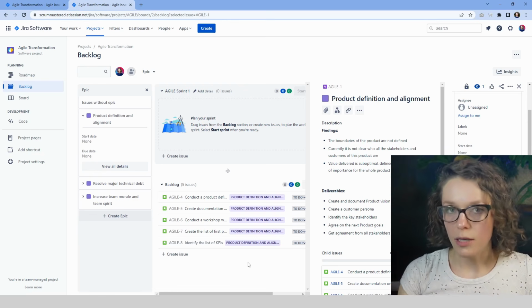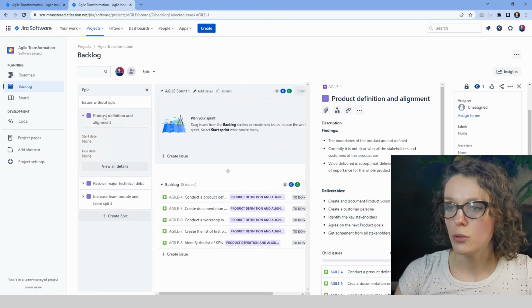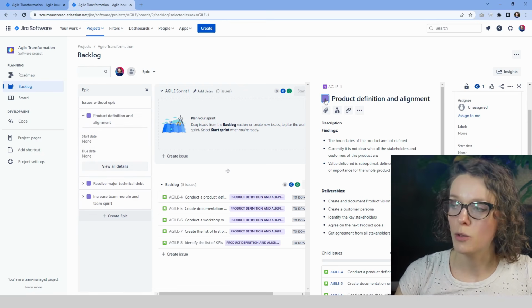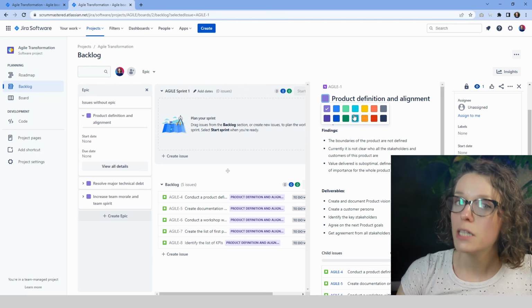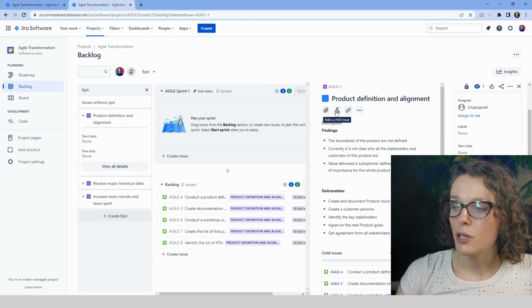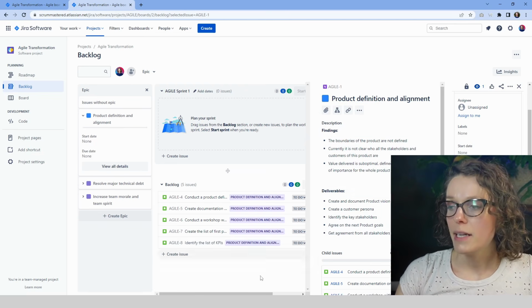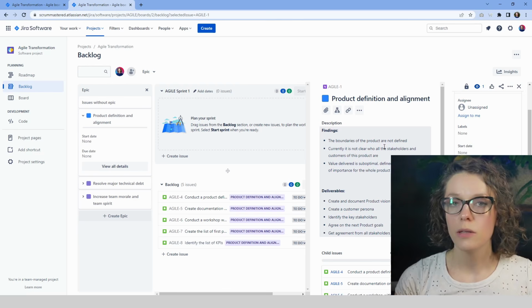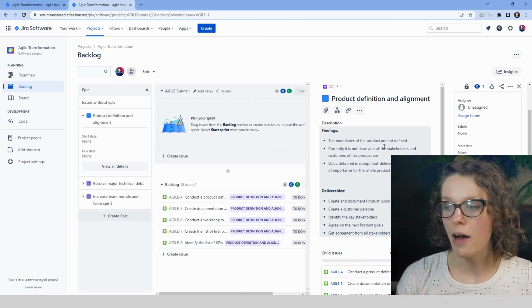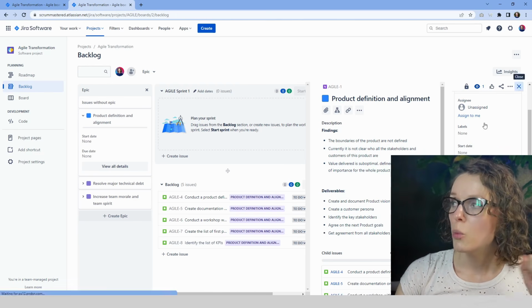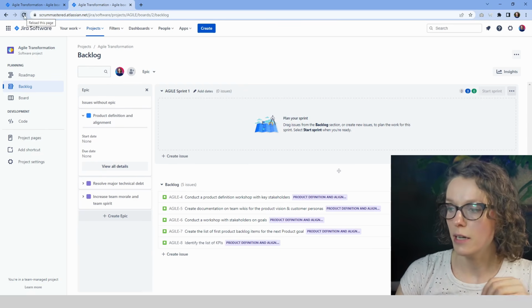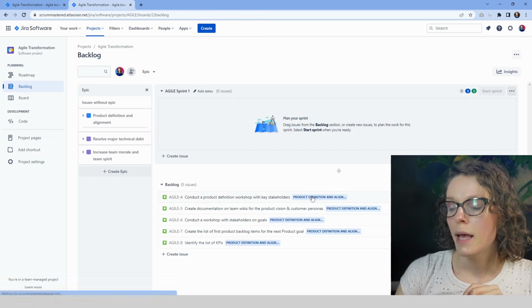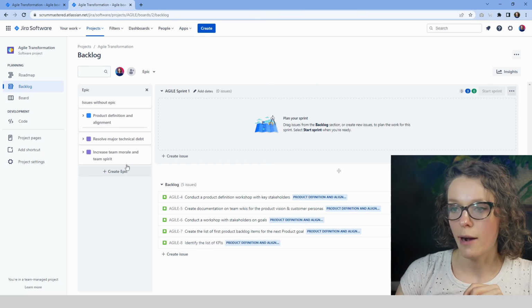Obviously, you can read what's written there, but what you can do if you actually go into the epic, when you click on the square here, so this violet square right next to the name, you can change color. And I find it very useful because that kind of gives you a visual view of everything you have on your product backlog without the need to necessarily read into each detail. So let's refine. And as you can see now, all of them are now blue,